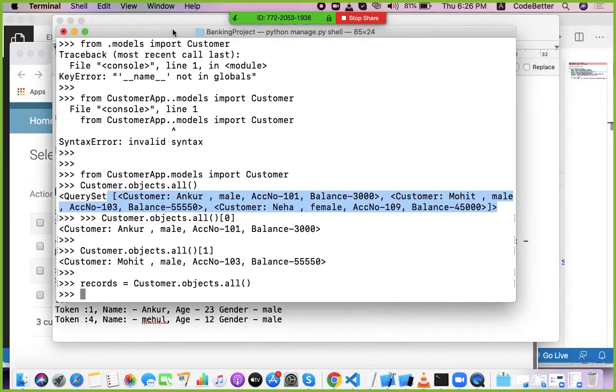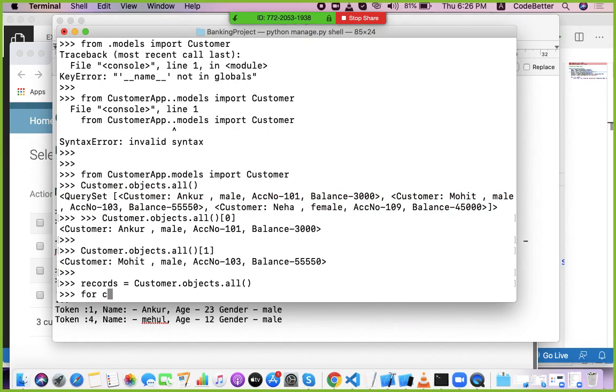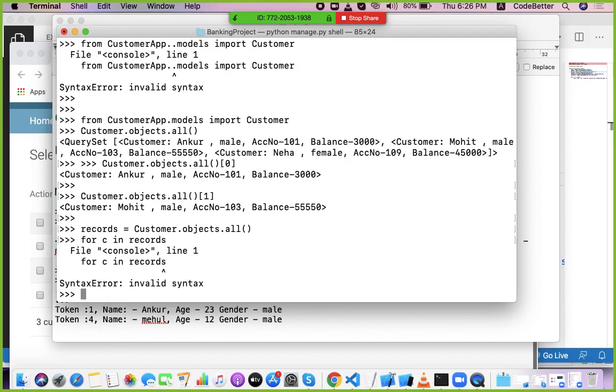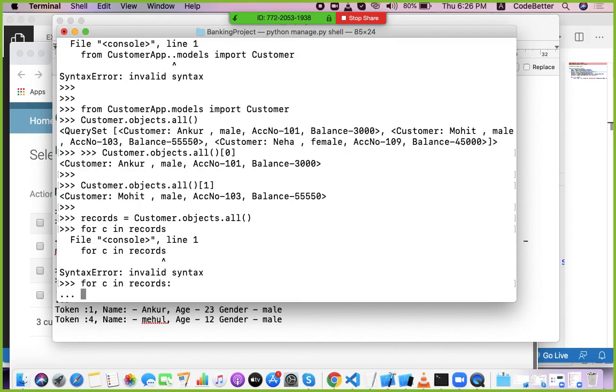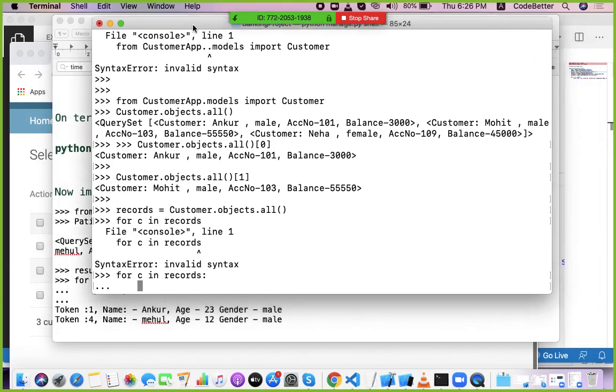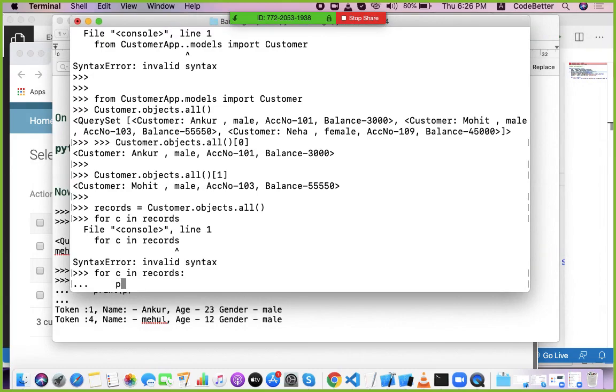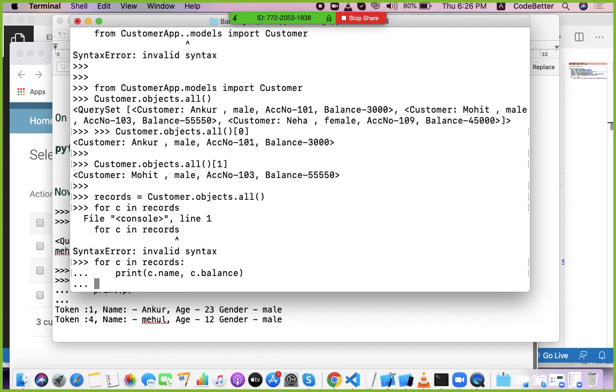For c in records, then tab, I am writing the for loop here. Then I can print c dot name comma c dot balance.